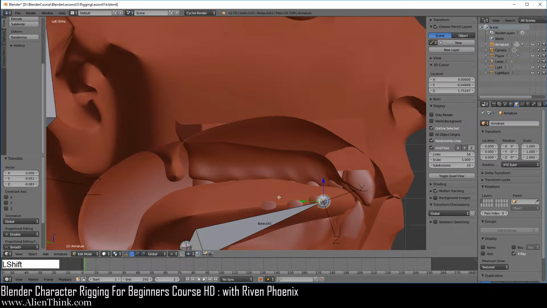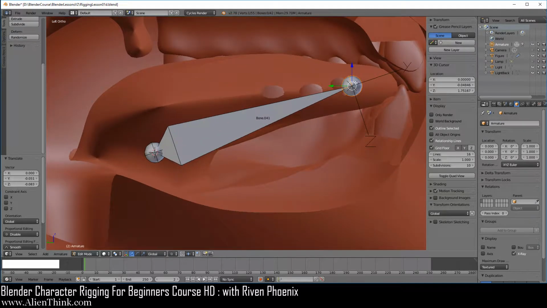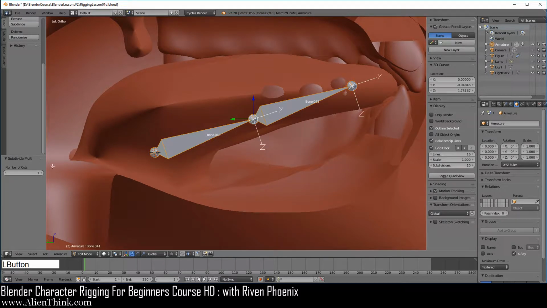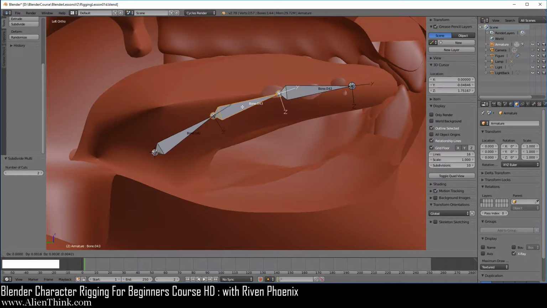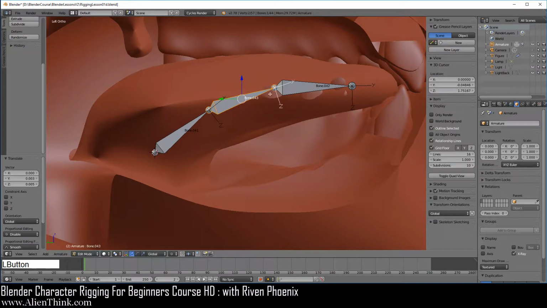I'm just going to zoom in, Shift middle mouse button to show you where we're going to position this. So we'll roughly place it around here. So next we're going to click on the body, do W and then subdivide, and now click on this to give us 3 segments. Now we can simply click on this body, press the G key, and now kind of position it to how you would imagine the bones would be to move this tongue.